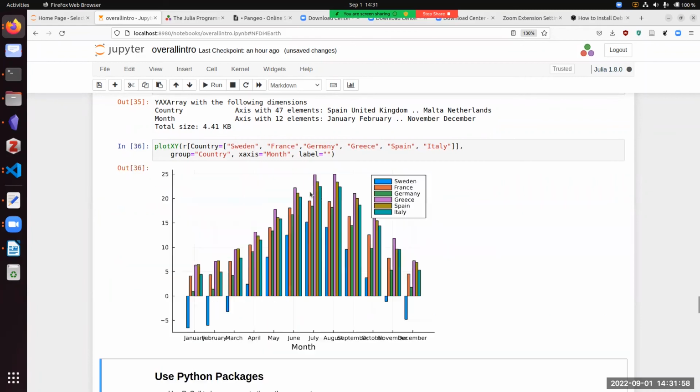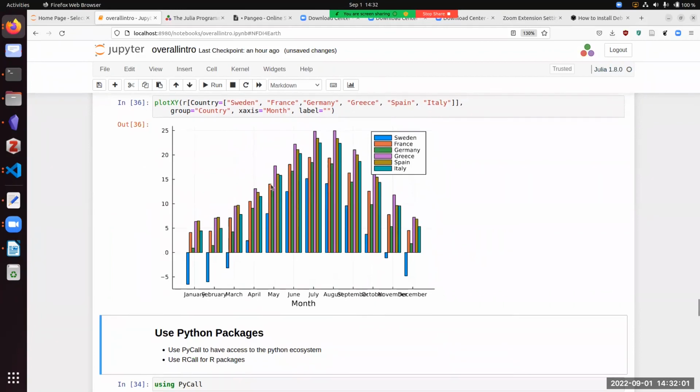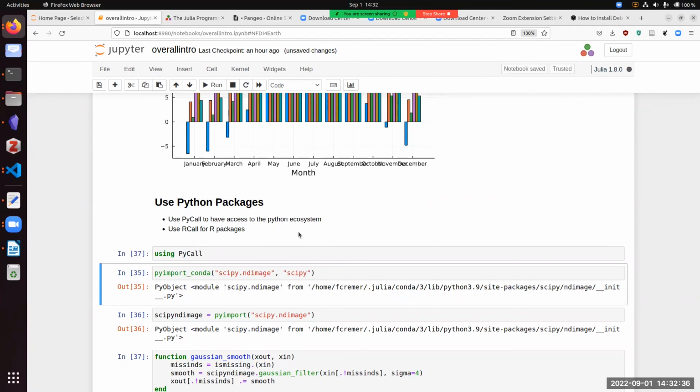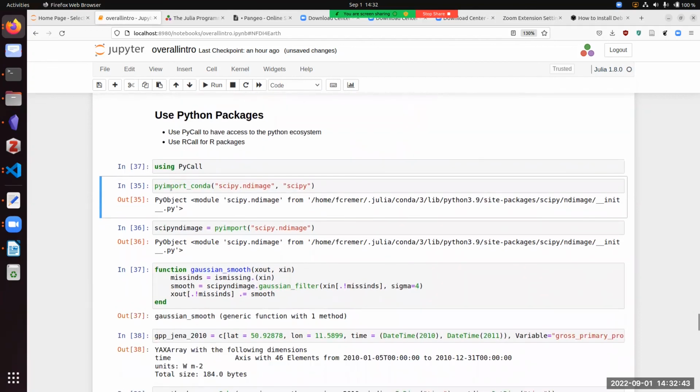So this was now all in Julia, but sometimes you have packages that you can't find in Julia, or you have your analysis already in Python and you want to still do these analyses. Then you can use the PyCall package, or you could do something similar with the RCall package for R. And so you can use the Python functions in your inner functions and let the data be handled by YAXArrays. To do that, we're using PyCall,